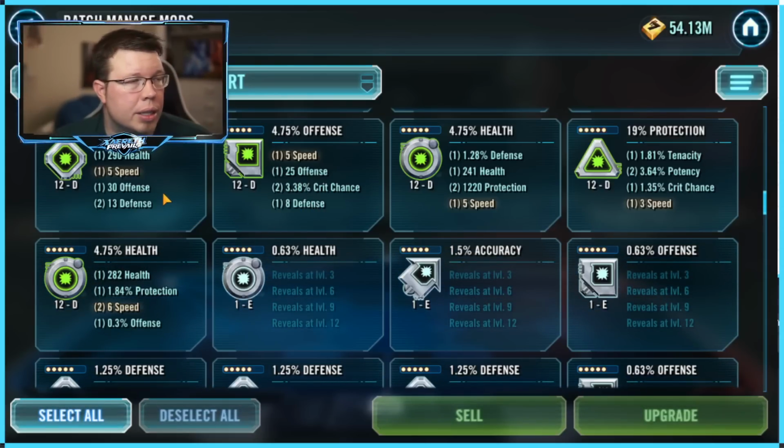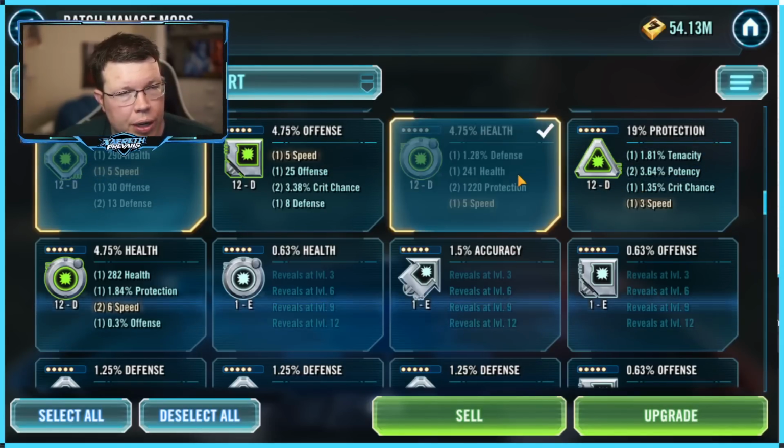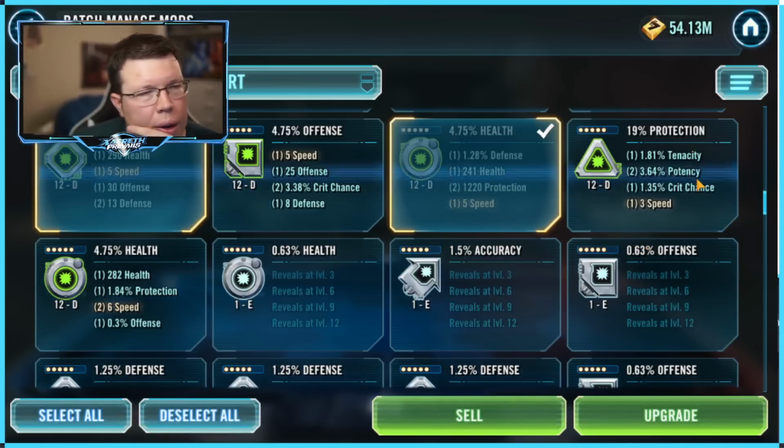So in this case, this one doesn't really have anything that we want because we want percent offense in the secondaries. This one does have flat offense. If it had rolled offense, maybe we would have kept it. You know what, let's keep this around just in case, but let's see, this one doesn't have percent offense. This one is protection with some speed and potency. It doesn't have defense, but if it